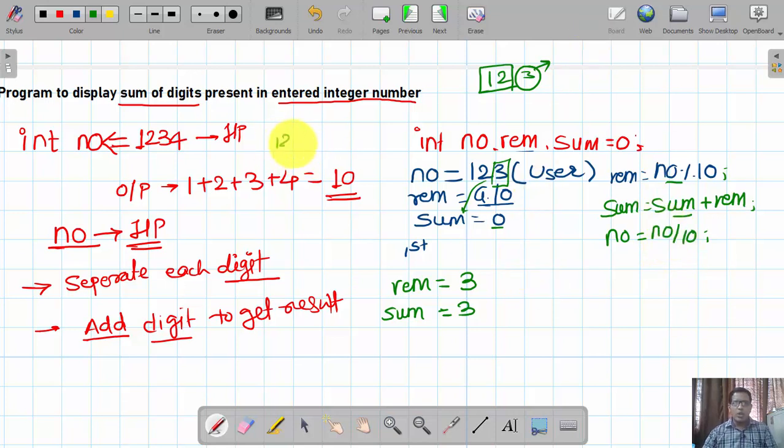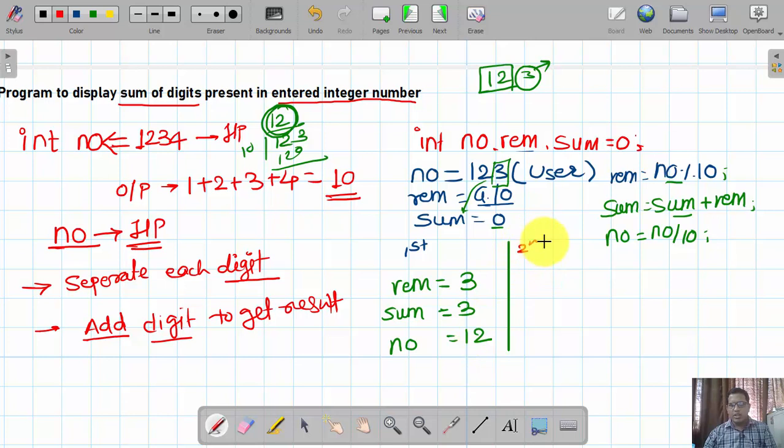So 123 divided by 10, the quotient value is 12. So we are going to extract this value. This is nothing but the number, and the number is now equal to 12. So after the first execution, the rem value is updated as 3, the sum value is updated as 3, and the number is now updated as 12.